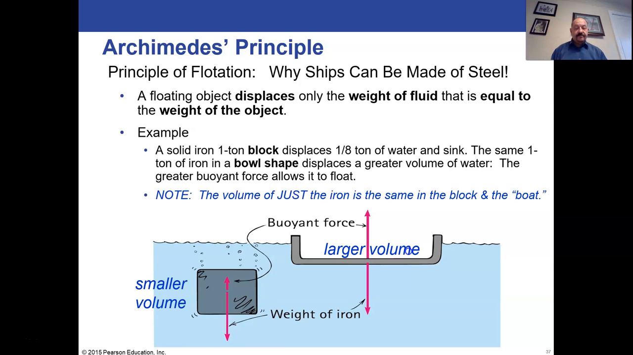it will float. So the volume of just the iron is the same in both the block and the boat. It's just that when it's a solid block, its density is much higher. Its average density is much higher than when it's spread out into a giant boat with air filling that boat. That has a much lower overall density, and therefore it can displace much more water weight and keep above the